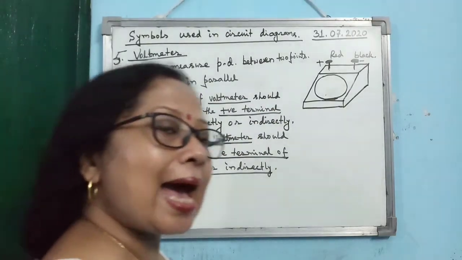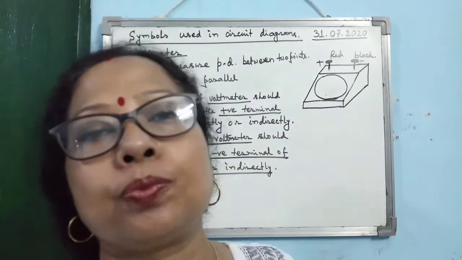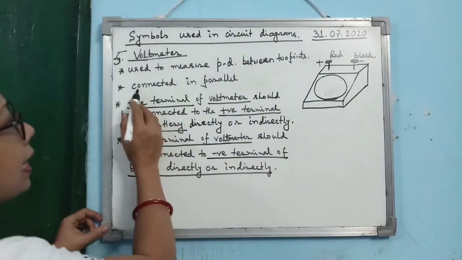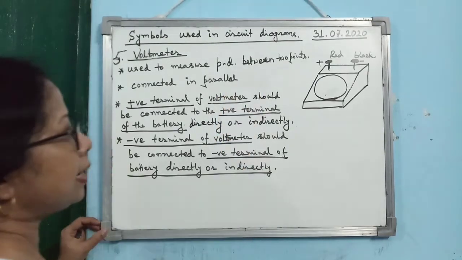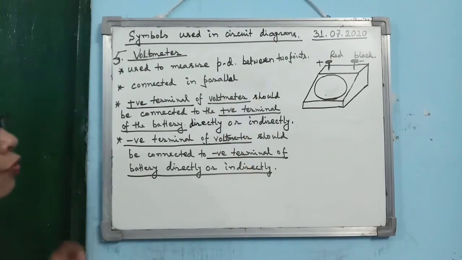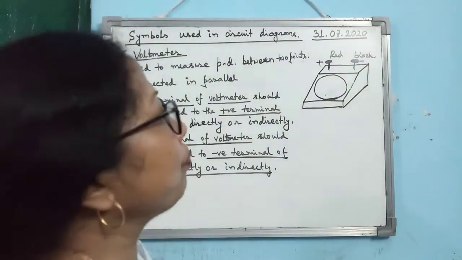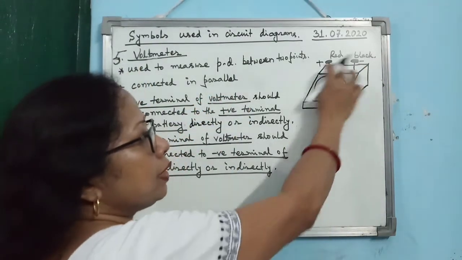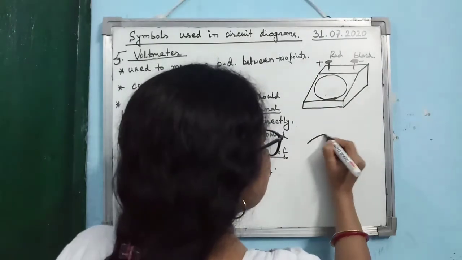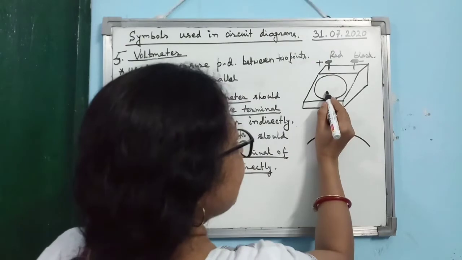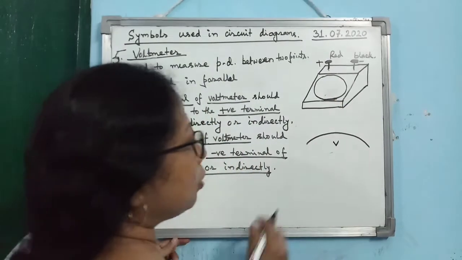So you see, as a voltmeter is used to measure potential difference between 2 points, it should be connected in parallel. You have to remember it. Ammeter, how to connect? In series. But voltmeter, how do you have to connect the voltmeter? In parallel. Now, if you look at the voltmeter, it also looks exactly like this. Only thing is that in case of the ammeter I said A will be written. In case of the voltmeter, you will see V will be written below the scale.